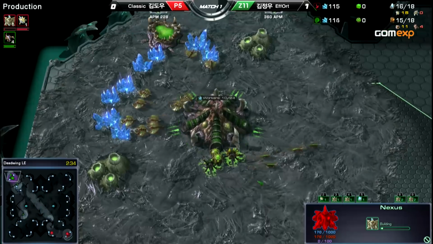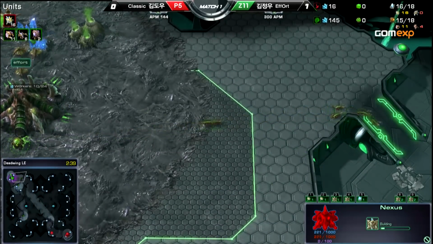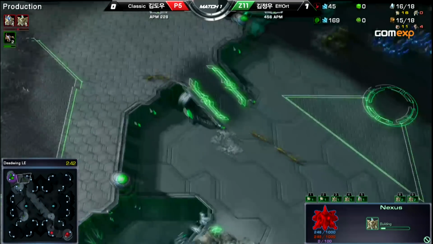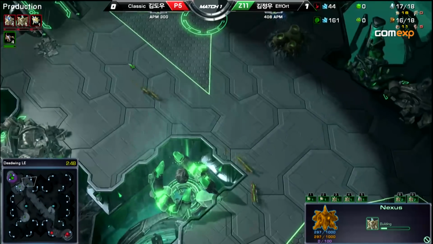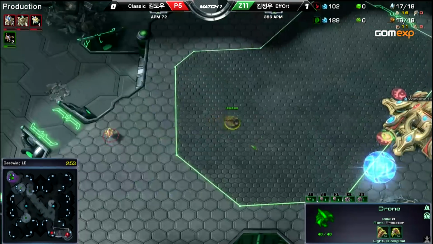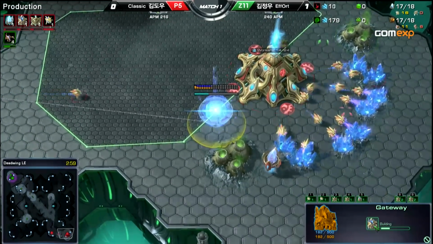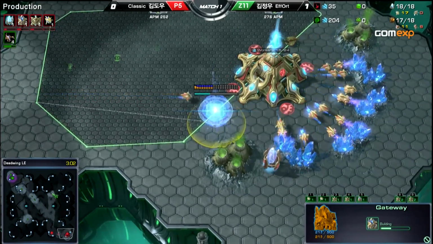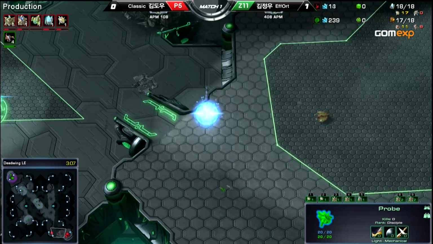Okay, so we have 6 lings hatching now. 4, and then soon to be another 4 here. Now 6. And it looks as though, let's see where the lings go exactly. Okay, so the drone does spot the Nexus, so they can make a beeline towards the bottom right. Well, he doesn't have a hive yet, so it's not a beeline, Tasteless, but...